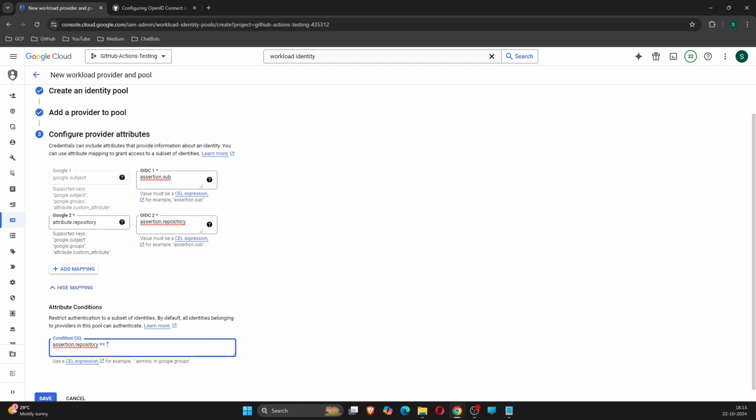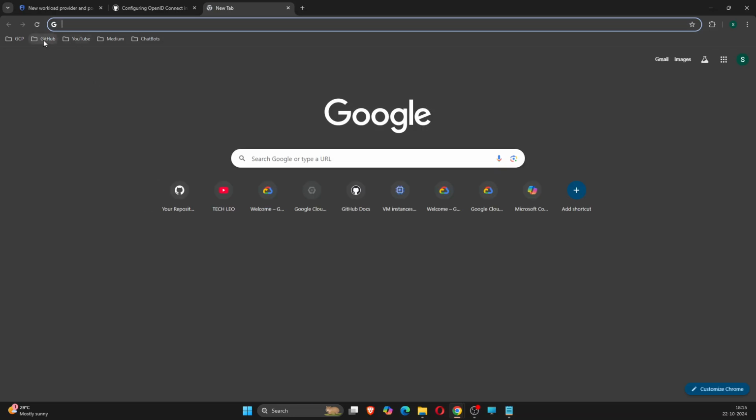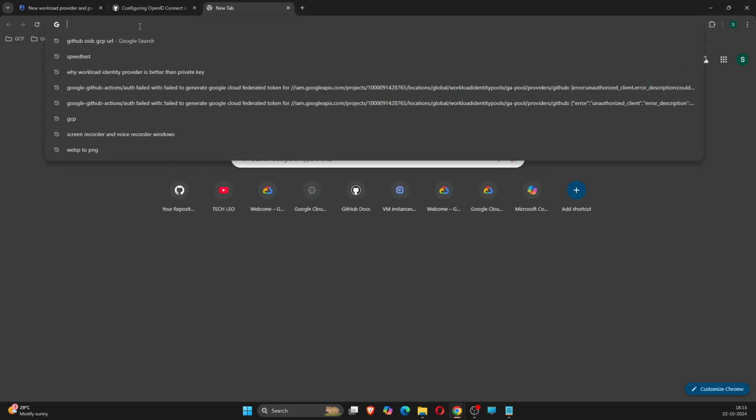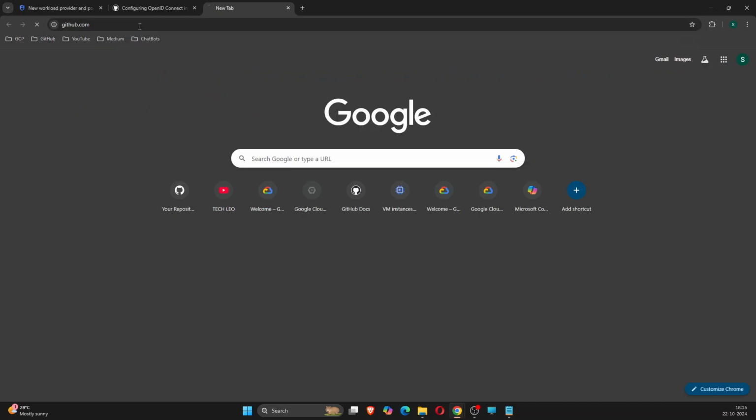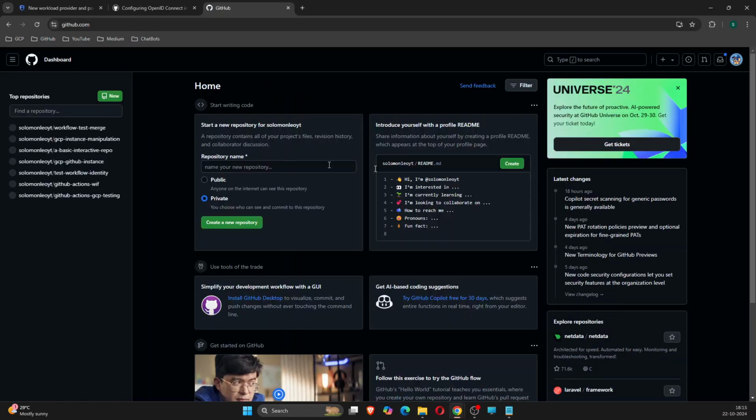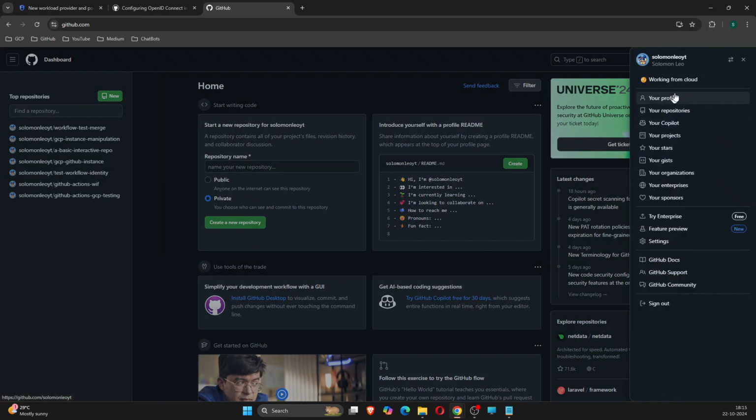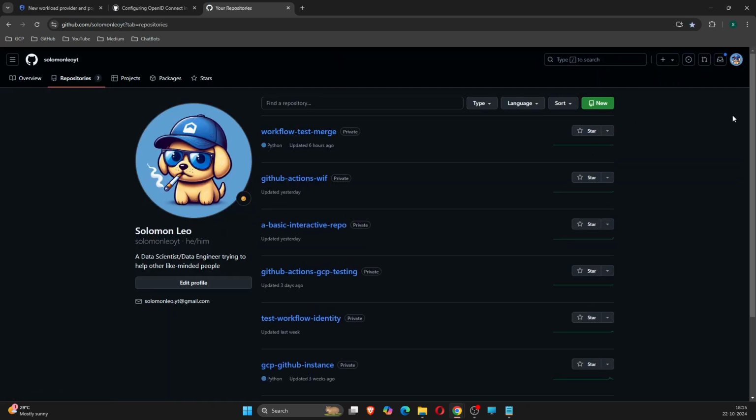Here I have to add the name of the repository, which I have not yet created. So let's first create the repository here. Go to github.com, and at the top right you can click on your repositories. If you don't have an account in GitHub, you have to create an account first. Then click on new,